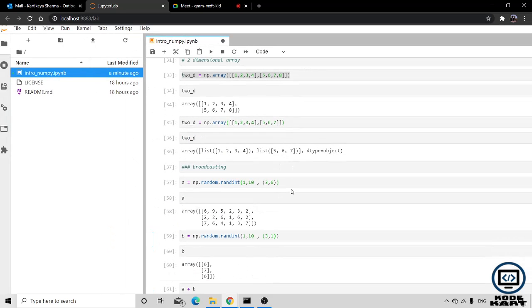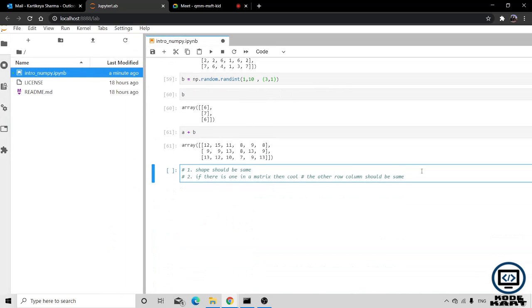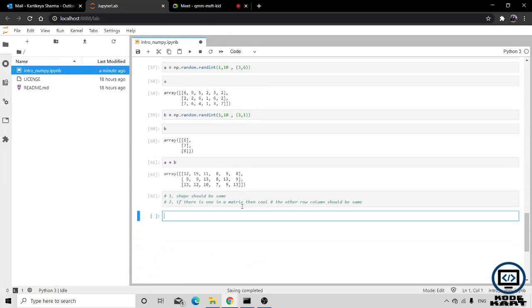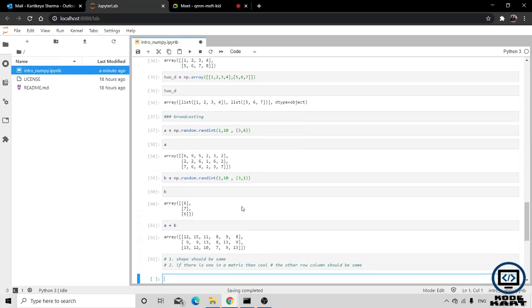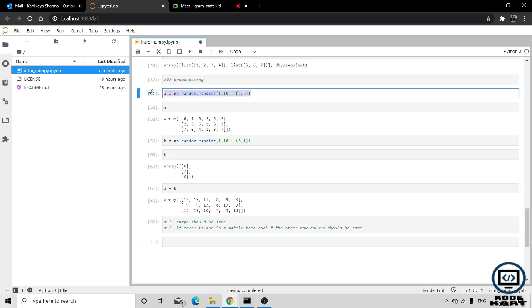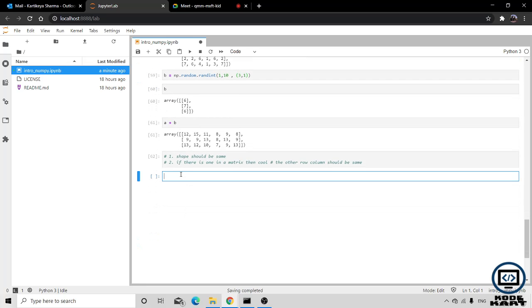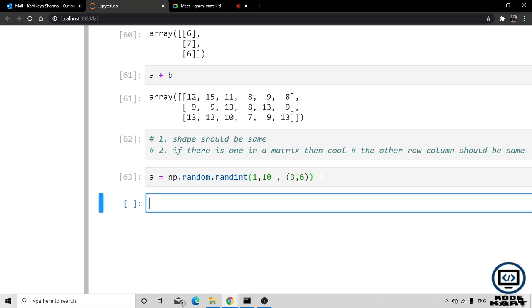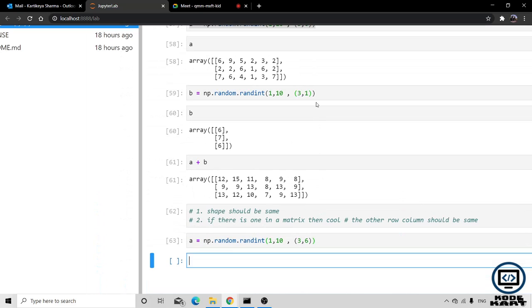So now let's take one important and tough example for it. Okay. So now let's check it. The rules we have seen work for only 2-dimensional. Now let's move forward to 3-dimensional. Let's check it for 3-dimensional. This is the A. We have generated an A of random.random 3, 6. Now let's make a B.